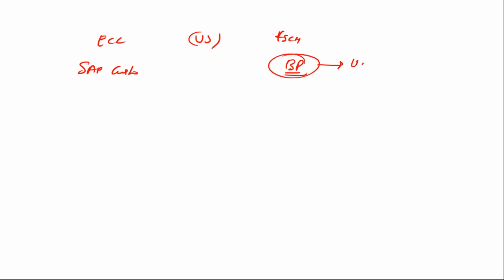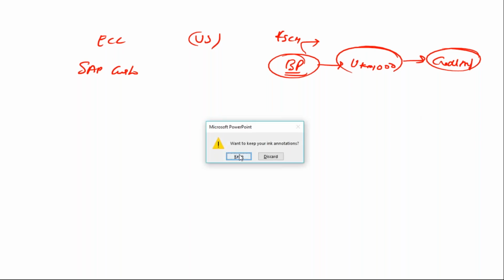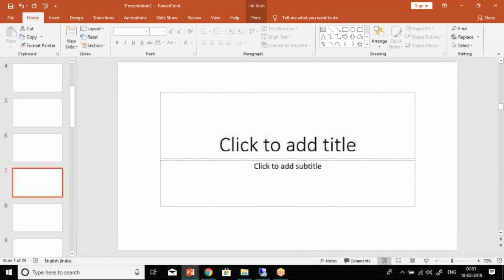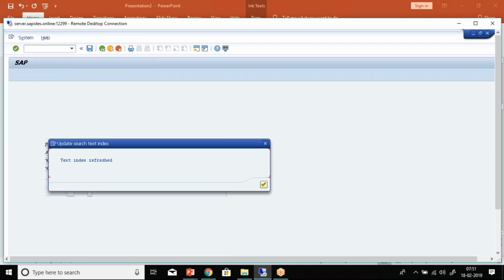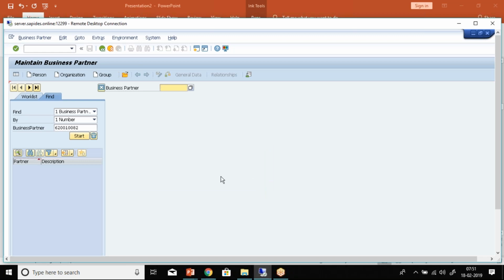Again, there is a role UKM000 that they maintain specifically for the credit management role. So you maintain credit management under a business partner itself. I can maintain a particular role. For example, I'll just show you one where credit management is also created. I'm taking one best practice customer only. I'm just showing you the best practice customer.